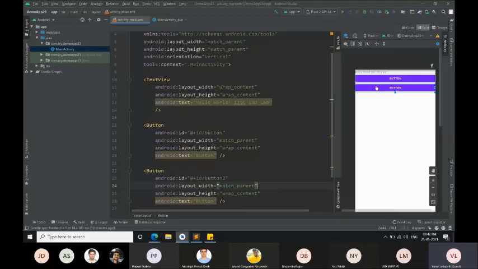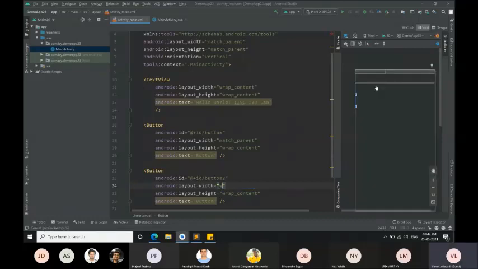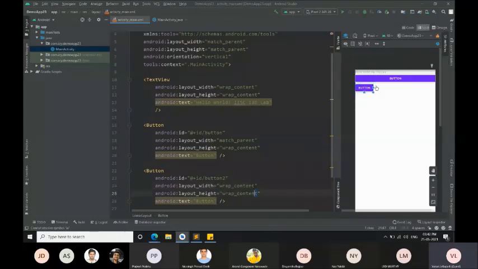Whatever the width their parent has, the same width these children will also have. So now I'm changing this match parent to wrap content because it only takes whatever is necessary.